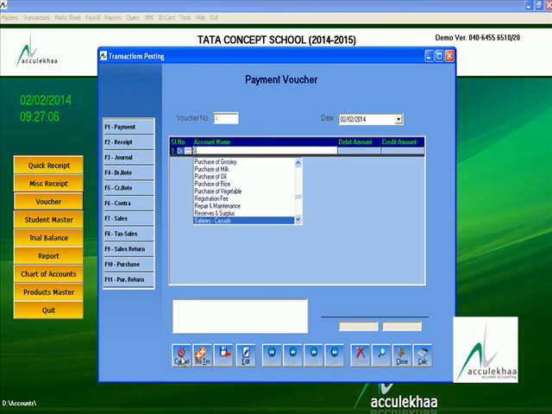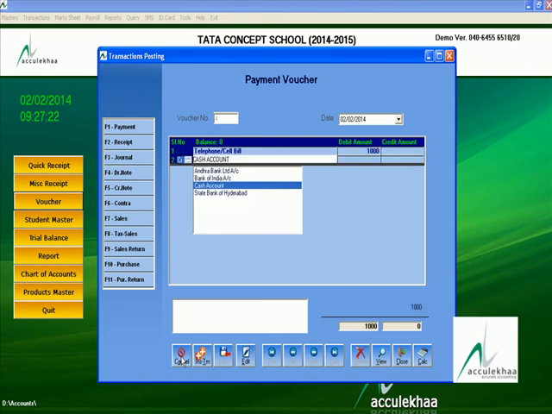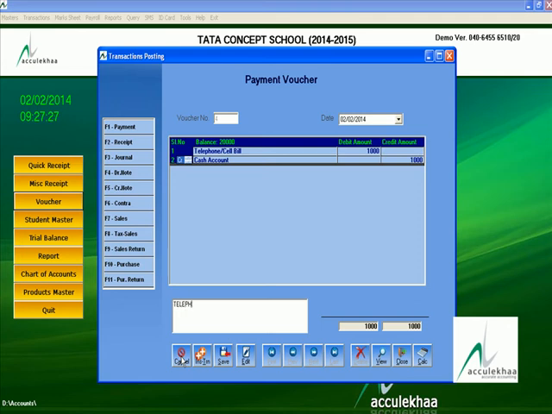Like that, school building maintenance, school building rent, telephone bill 1000 rupees by cash, telephone bill for the month of January 14.